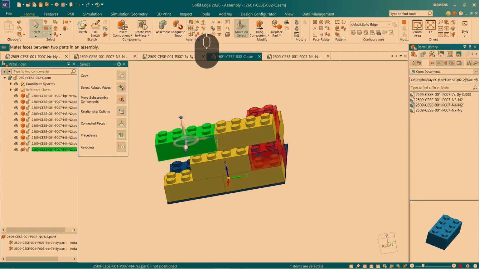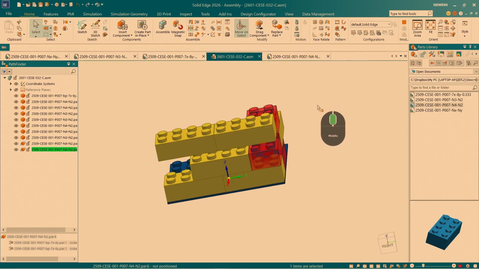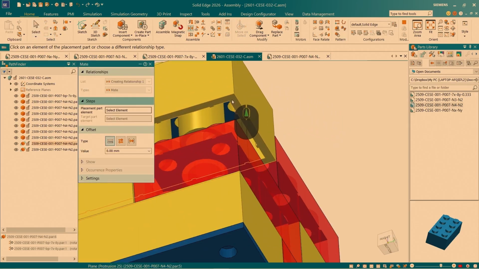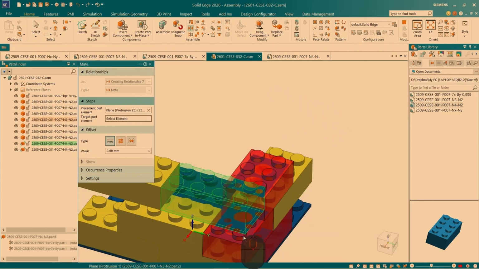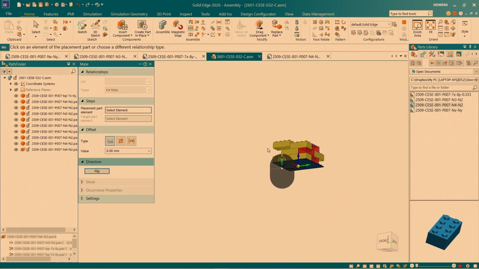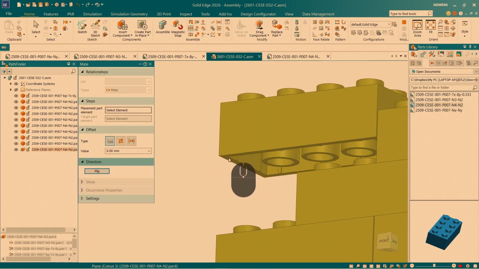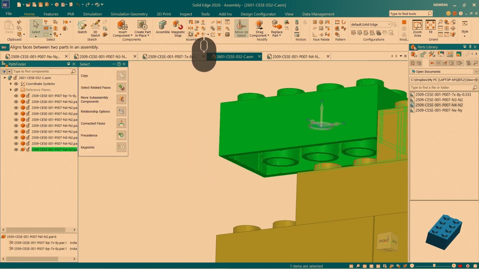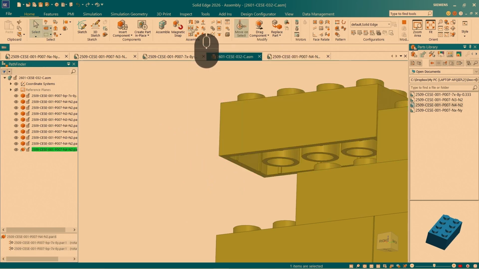So all I really need to do, I can choose a Flash Fit or a mate. Both are okay, both do the same thing. So I'm going to choose the bottom face of this part and the top face of this block, and they come together. And I can choose the bottom face of this part. Oh, I think I made a mistake there, so I'm going to press escape, and I'm going to choose mate,